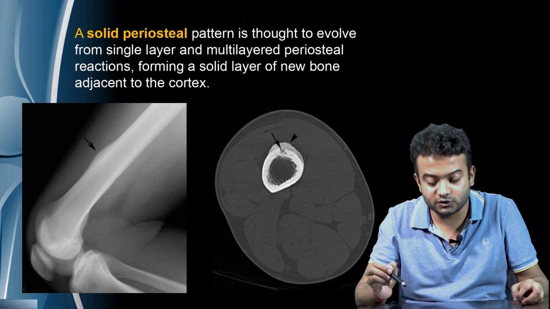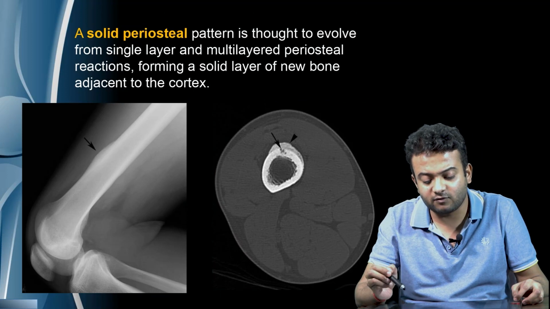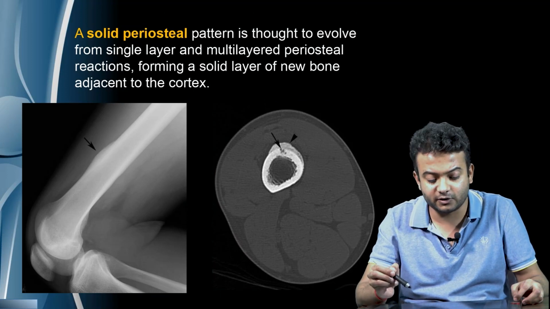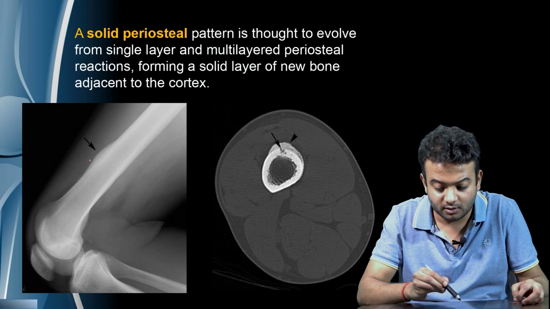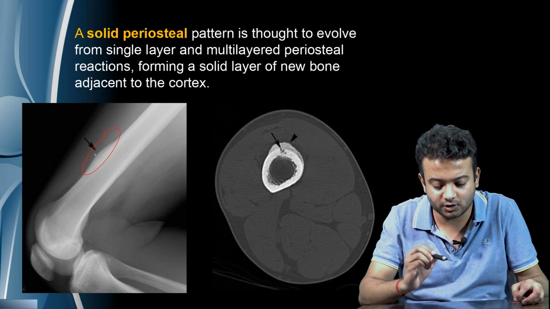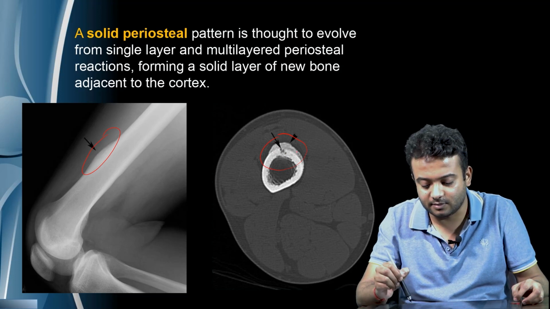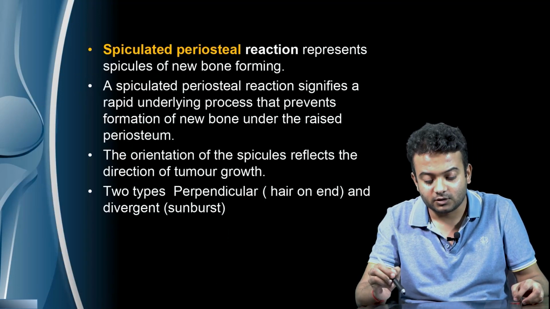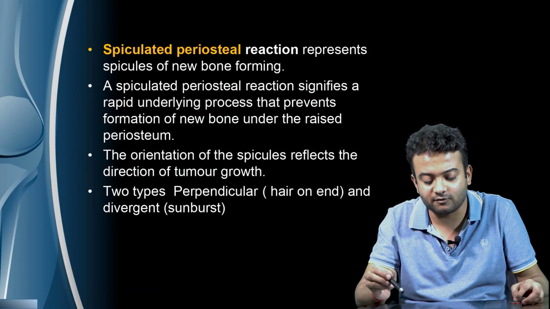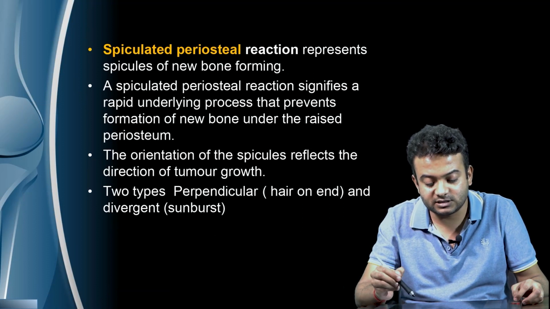The other is the solid periosteal reaction, which can evolve from a single layer or multi-layered periosteal reactions. It forms a solid piece of bone, a solid layer of bone just adjacent to the cortex. It can be seen even in this axial CT image. The spiculated periosteal reaction, as I have already said, signifies a very rapid reparative process,